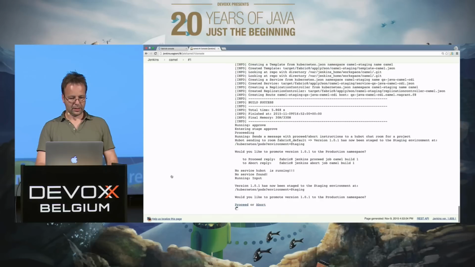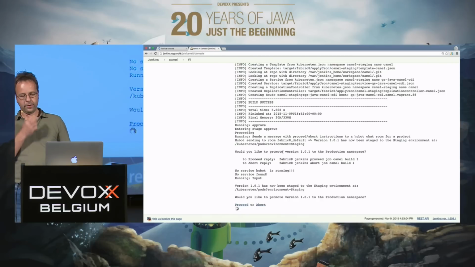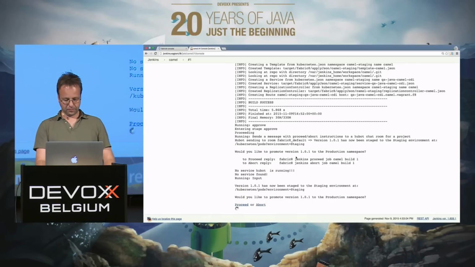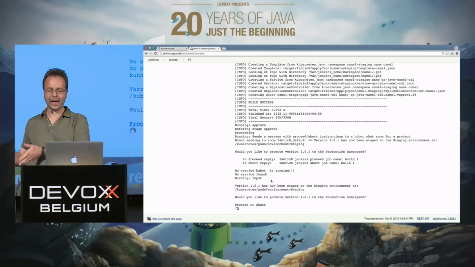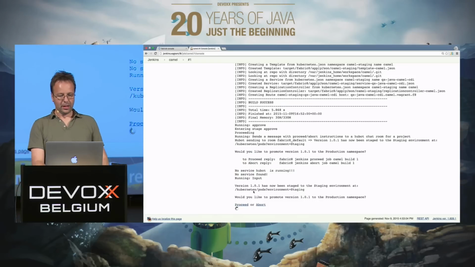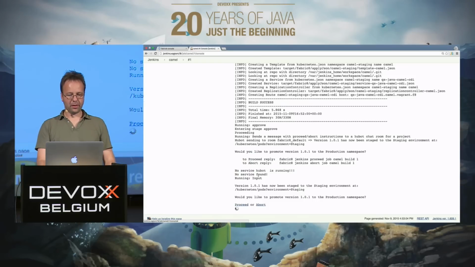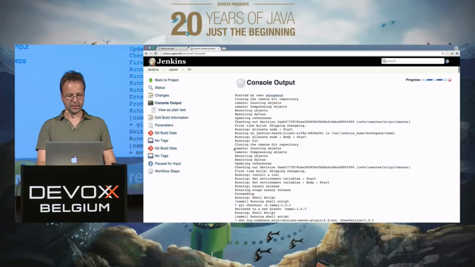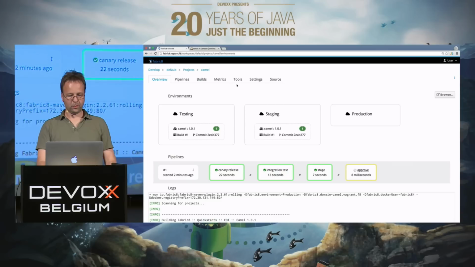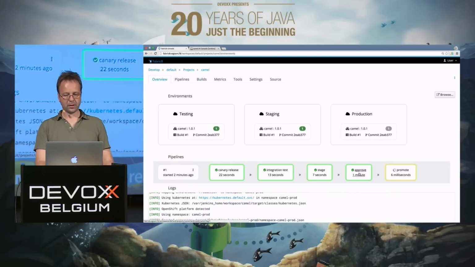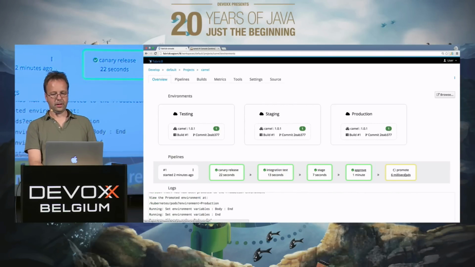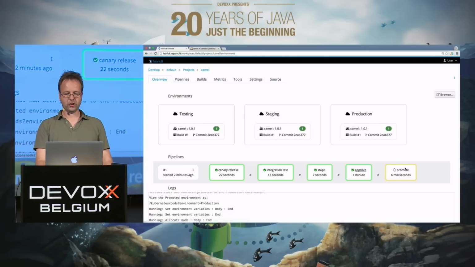What we now need to do is a manual approval for this latest staging, the last step before going to production. This can also be done via chat or via other means. You see there's no chat defined yet, so we simply click proceed and go back to our view. The approval has happened, and now you have this promote step, which installs everything in production.